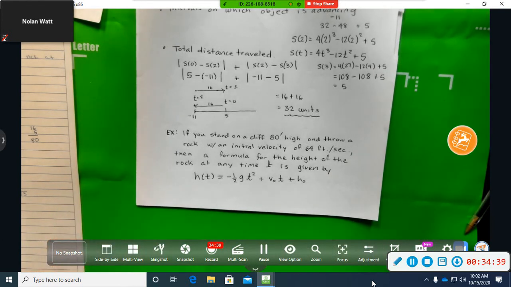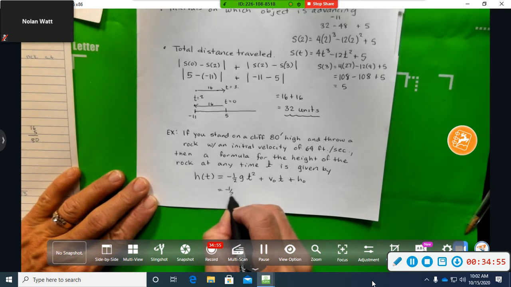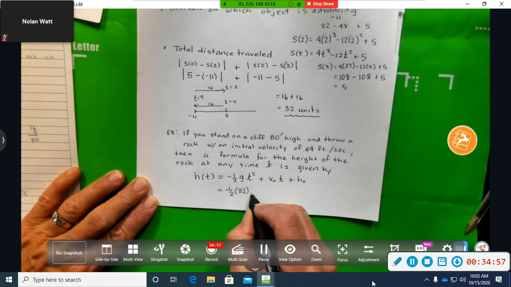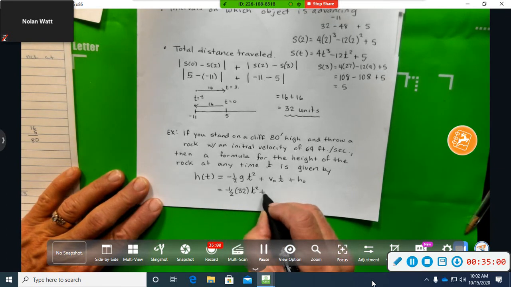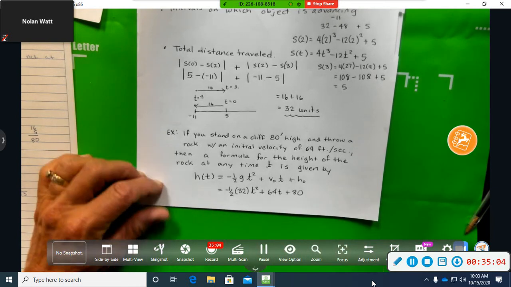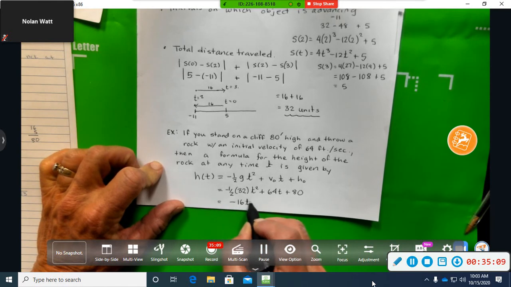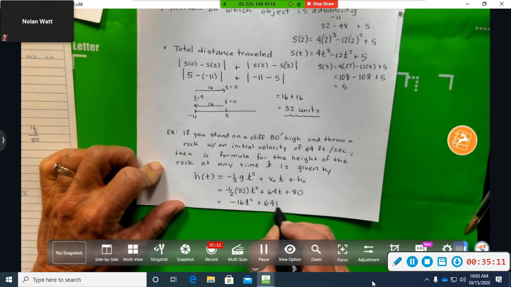When we're in units of feet and seconds, what do we use for g? 32. What are we going to use for v0? 64. And h0 would then be the 80. So let's fill all that in. So we can go ahead and multiply the half with the 32 and get negative 16t squared plus 64t plus